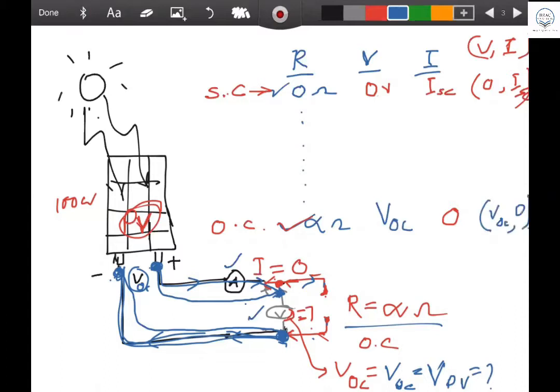Now why am I writing like this? Look at it. This is V, which is like the x-axis, and I is like the y-axis, you can imagine. So this is the x-axis, this is the y-axis. So x1, y1, x2, y2, these are the points I'm talking about. So in order to draw the thing on a graph like this,